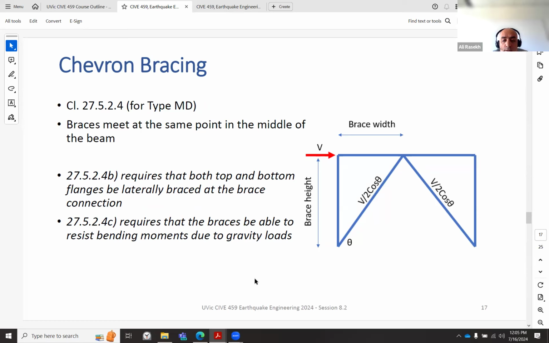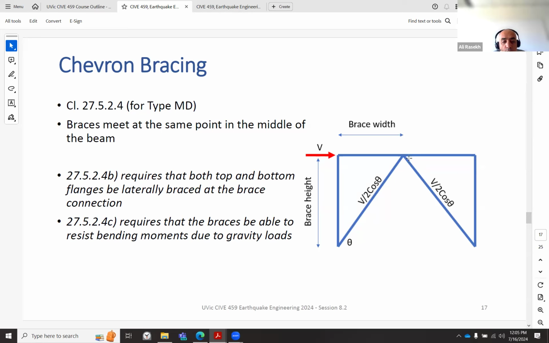Chevron bracing. Let's focus on the chevron bracing that is shown in the picture. Under Class 27.5.24, braces meet at the same point in the middle of the beam. So they are meeting at the midpoint of the beam. And there are two clauses there, one requires